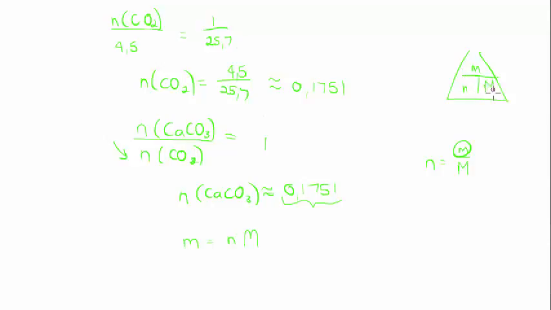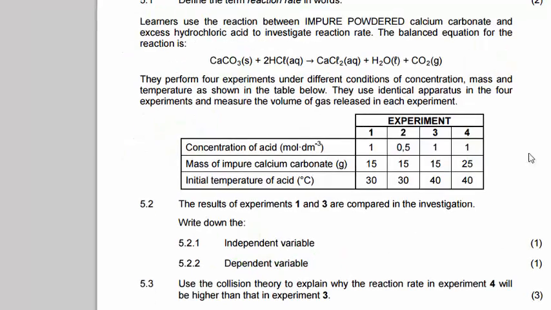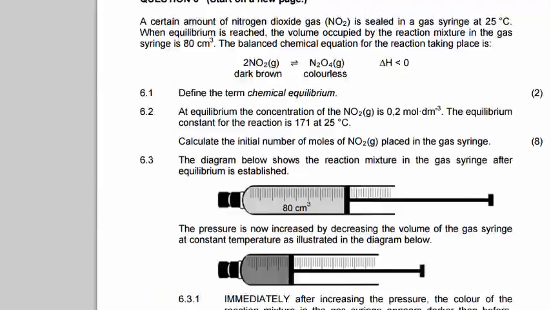If I want mass, I take moles times molar mass. And for calcium carbonate, the moles is 0.1751 times, and now the molar mass of this, I'm going to have to look here,